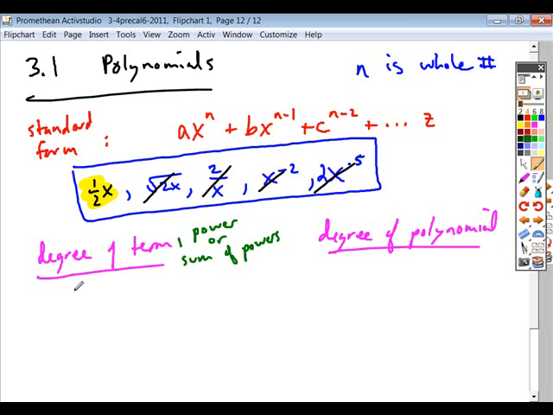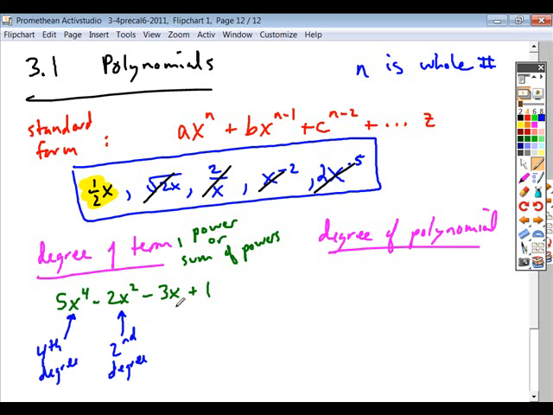So if I gave you something to the effect of 5x to the 4th minus 2x squared minus 3x plus 1. So here's our polynomial. It's written in standard form already. If I wanted you to identify the individual degrees, each term has a degree, and that degree is its power. So this term is a 4th degree term. This one is a second, it's the power. Has nothing to do with its coefficient. This one is a